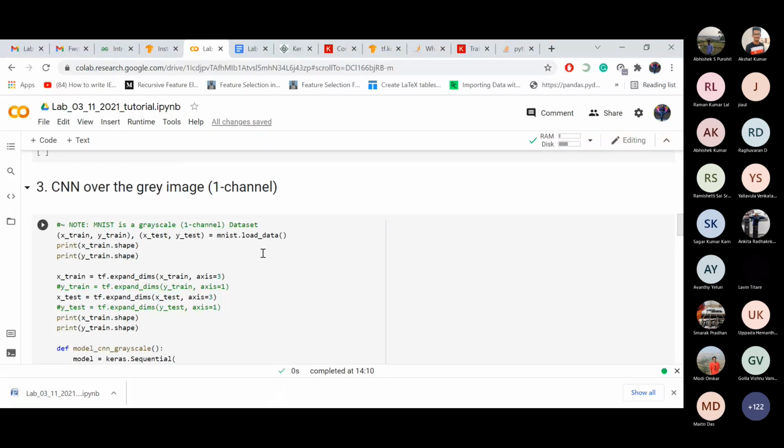So we first import the train and test set along with their labels. Since here the number of channels is 1, one axis will be missing from the number of dimensions of X-train. I will show you how. I'm running this. I will show you in the output how we are missing one dimension.